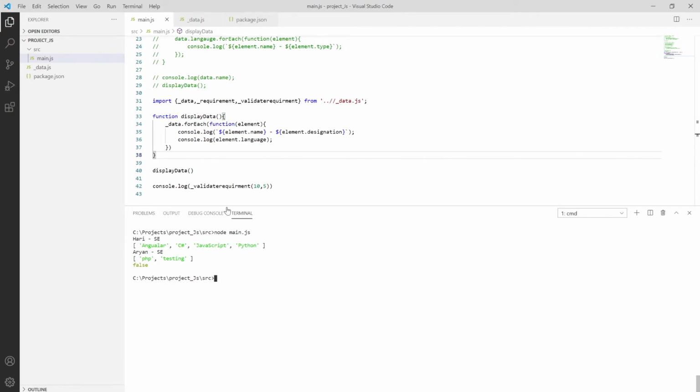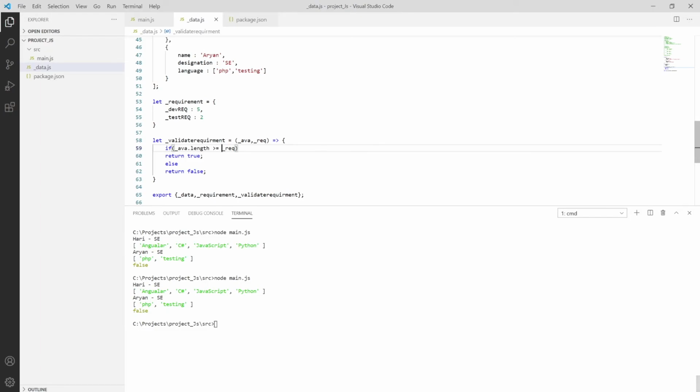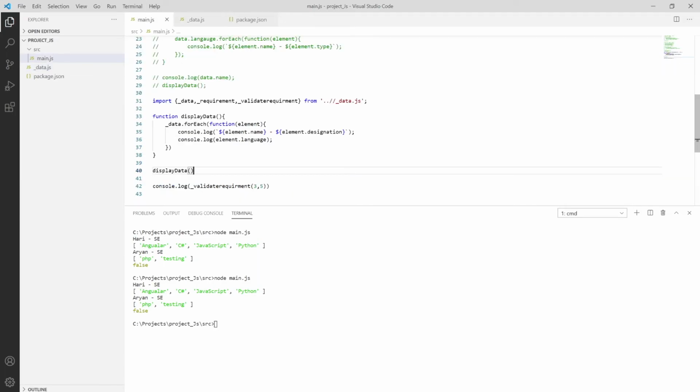You are getting the false. If we pass that value comma 3, then save it using control S and try to run. Then you are getting the value of false over here because the data is greater. If the data is greater than average, it will return true. Length is not required, since I'm already passing this. Say I'm passing 5 comma 5, then saving it and trying to run. You are getting the true over here.